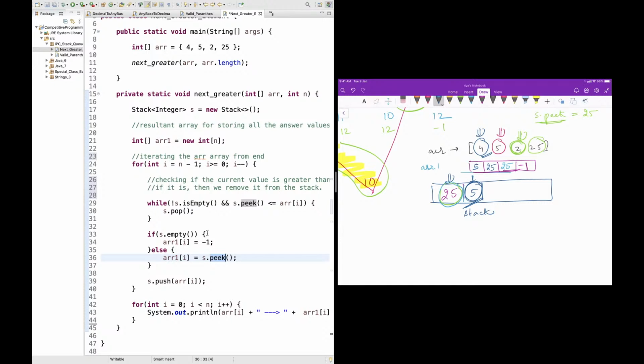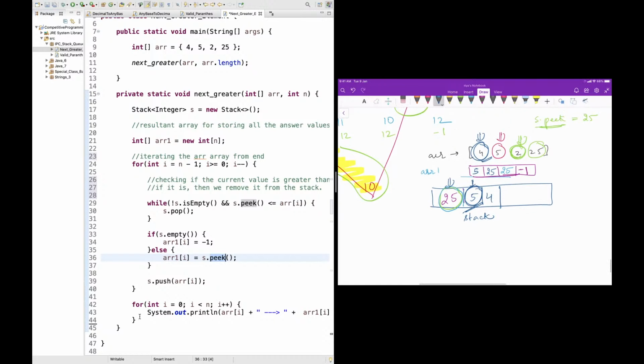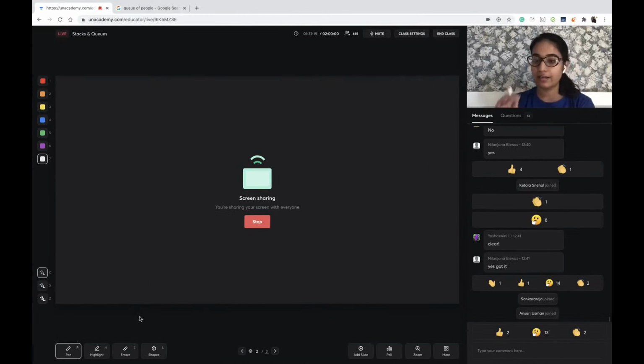ये इम्प्लीमेंटेशन था. And उसके बाद आपने क्या किया, you simply put this element, 4, also to the stack, है ना. और in the end आपने बस क्या किया, सारे elements को from line 42 to 44 आपने सारे elements को प्रिंट कर दिया. So you simply printed these elements. Clear to everyone?